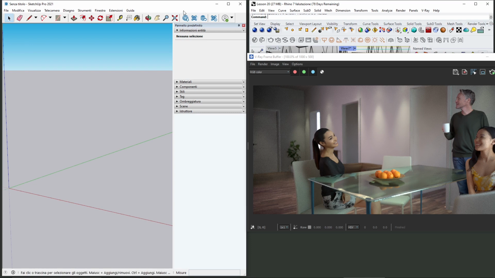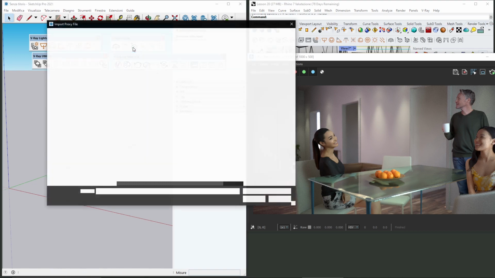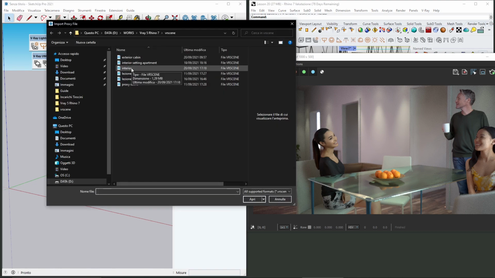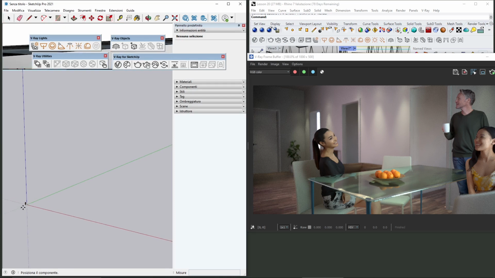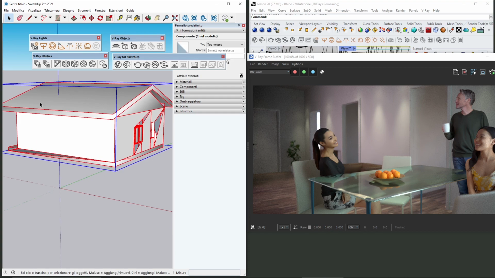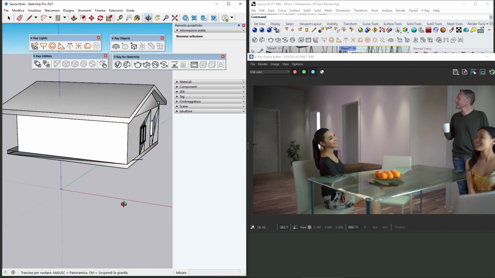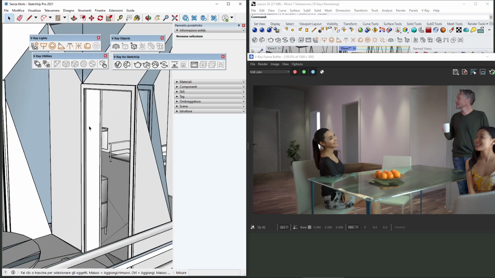So you can also use this, and we are going to use this one here, which is to import proxy or VRSCENE. In this case, I will select VRSCENE and I will open it. So I can use now the same exact settings. Well, it's a little bit bigger. This is some mistake probably that I've done in Rhino. I did this too large, but doesn't matter. It's still working. So you get there, get inside,